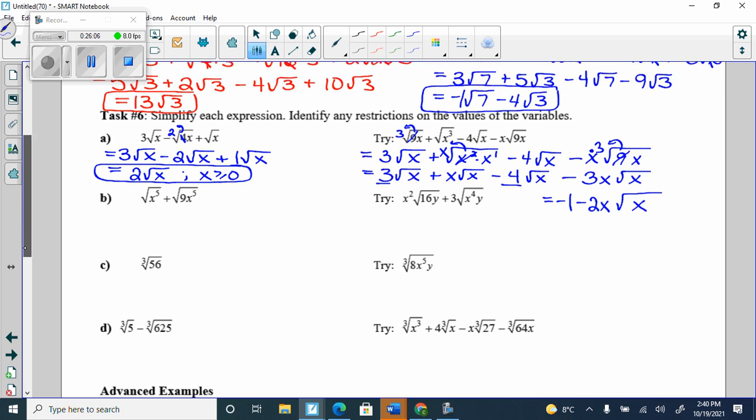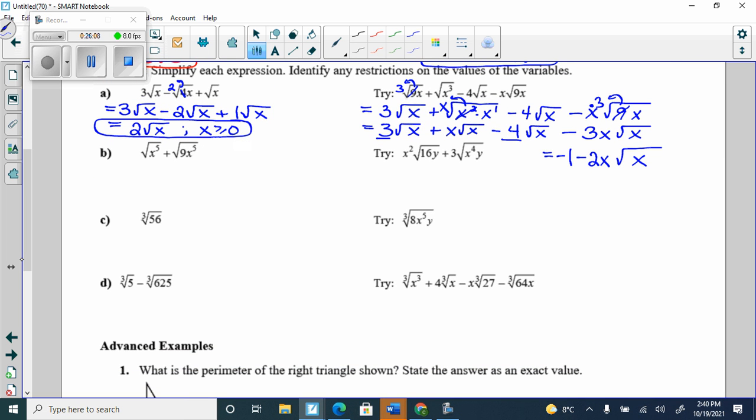You do the B, the try, the C, the try, the D, the try. Try those ones out. This should be in brackets because it's sitting in front of here. If not, it just looks like the negative 2 is in front. So that needs to be in brackets. And then x has to be greater than or